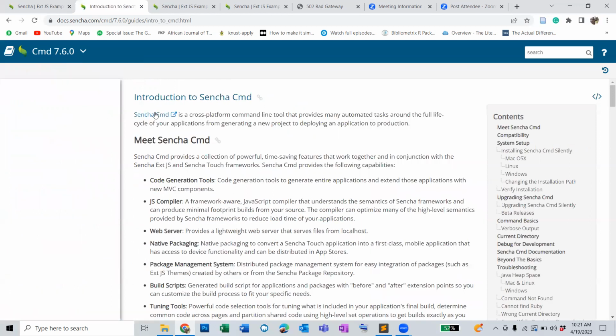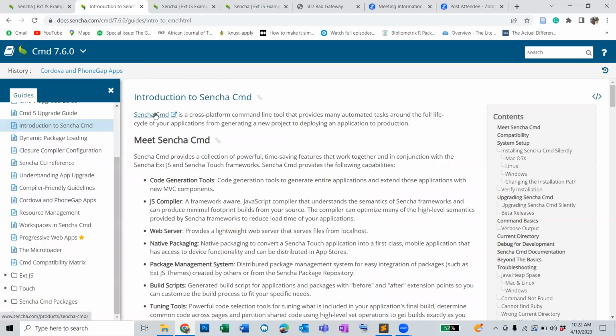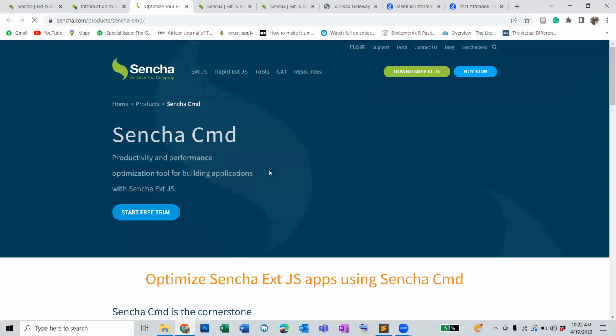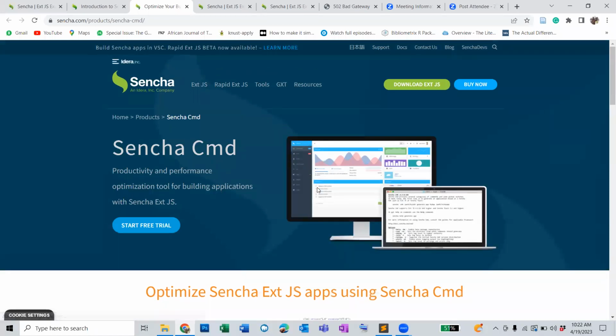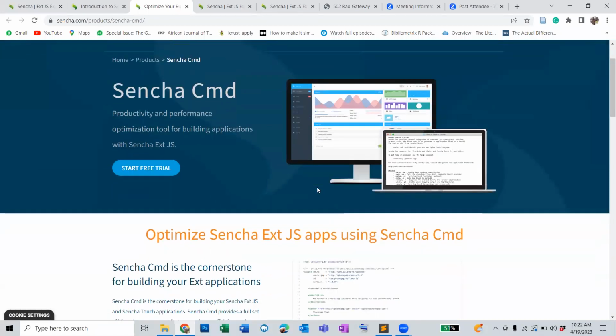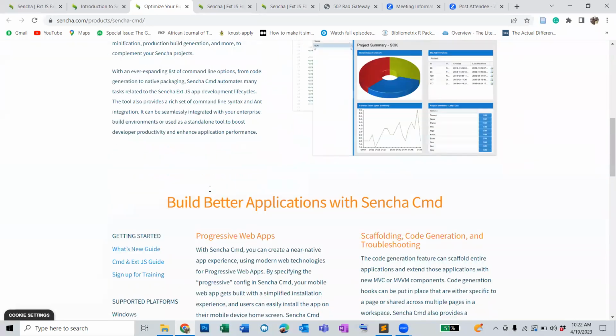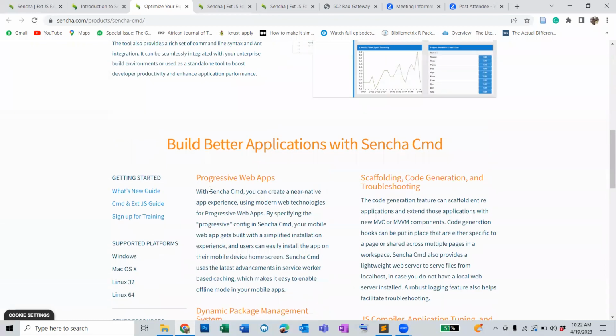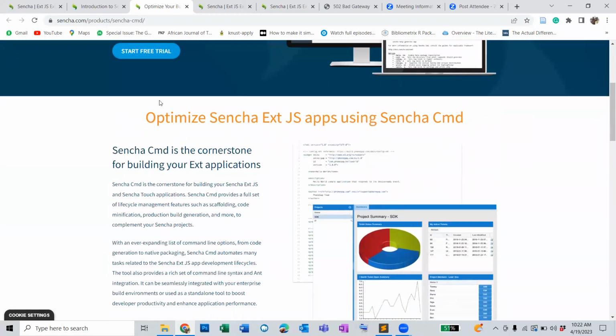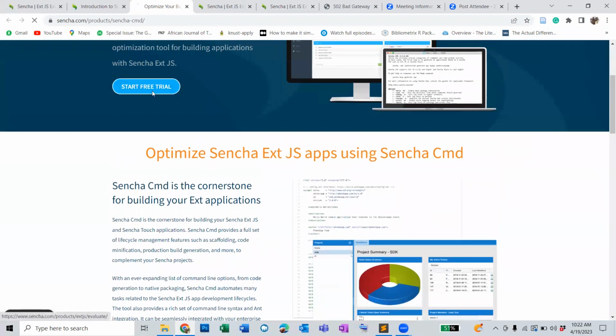Introduction to the command line. So here it's going to show you. Once I'm going here, it means that it wants me to download the free trial. I told you that now it's not free. You have to buy it, but this one is free. So when you click on start free,